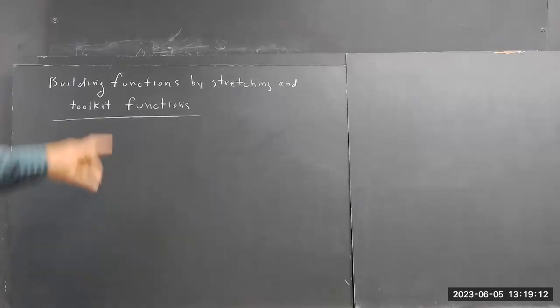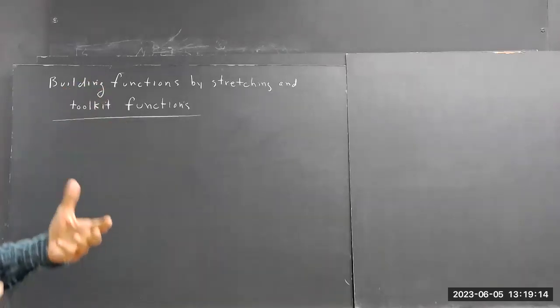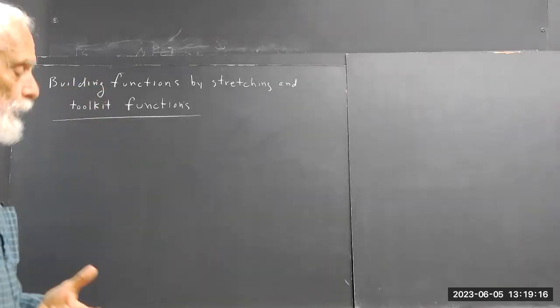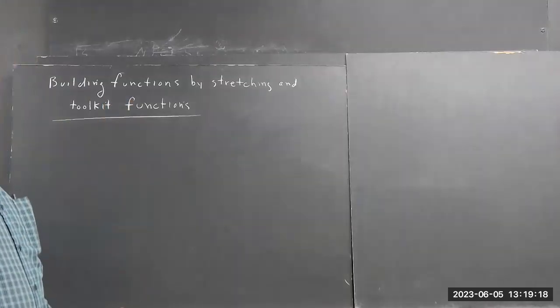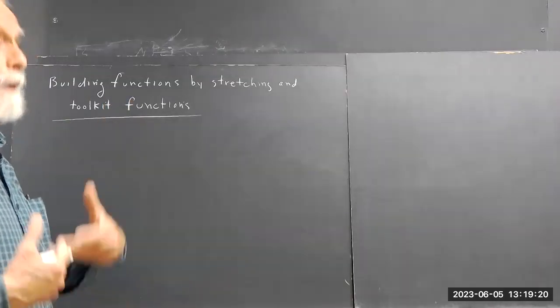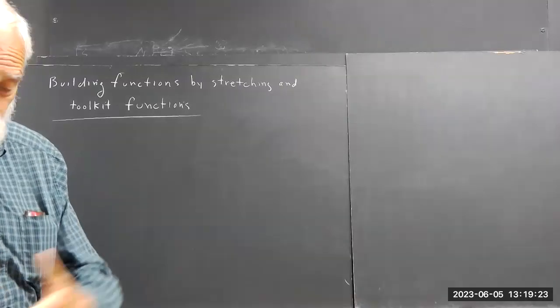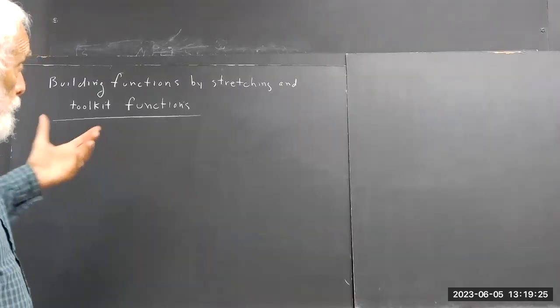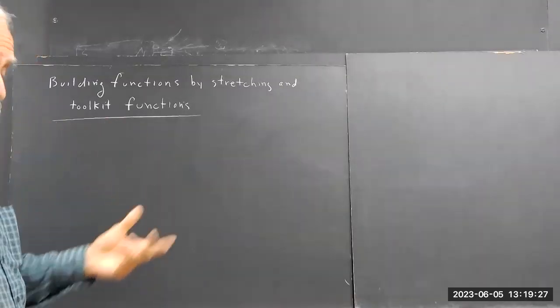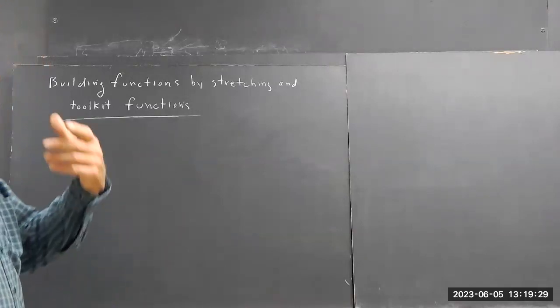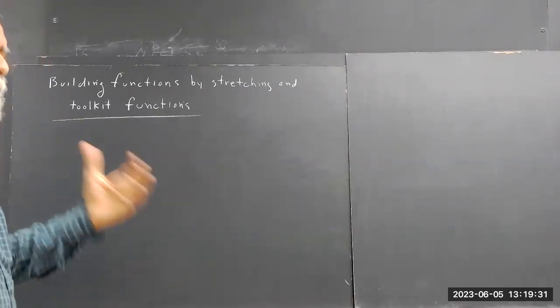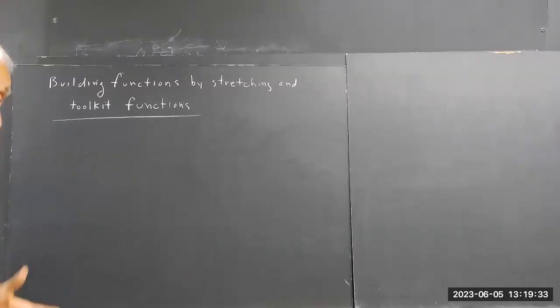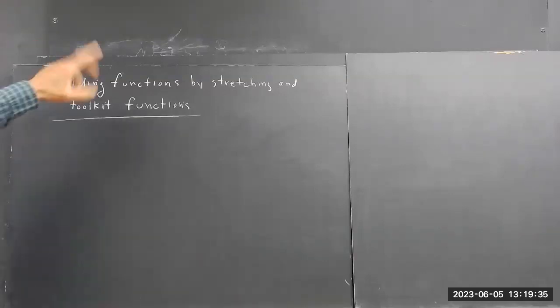By now you have some familiarity with the toolkit functions, and presumably everybody knows how to quickly make a table using standard values, and construct a graph within a minute or so of any of the toolkit functions, at least any of the three most basic, and hopefully the five, and hopefully even more than that. Okay, but anyhow,